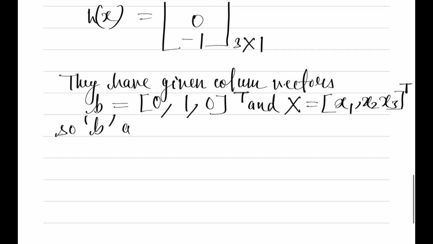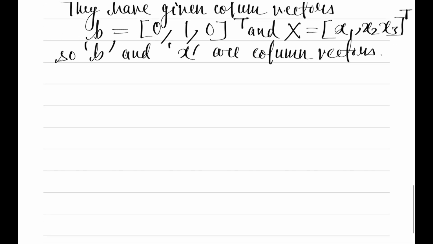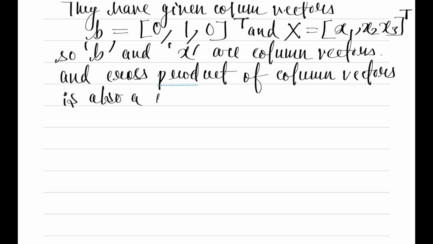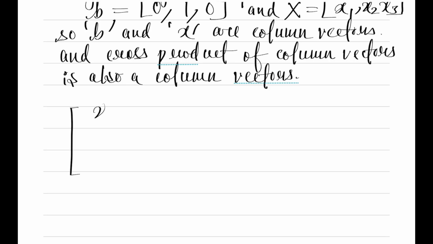So b and x are column vectors, and the cross product of column vectors is also a column vector: x3, 0, minus x1, equals